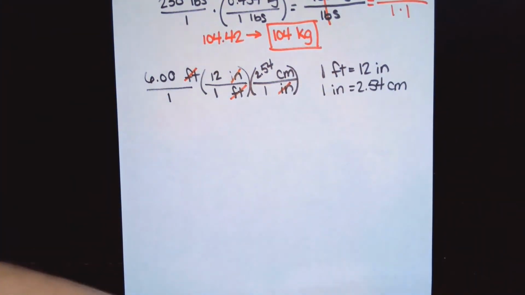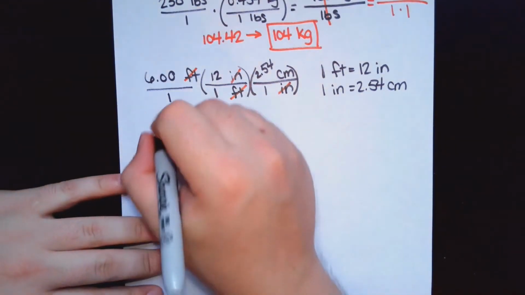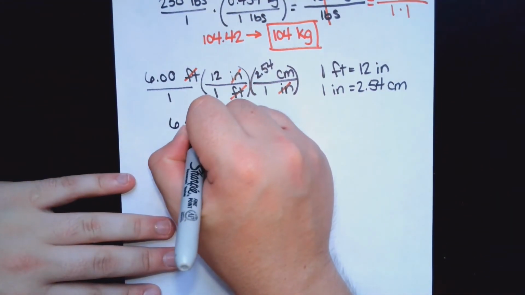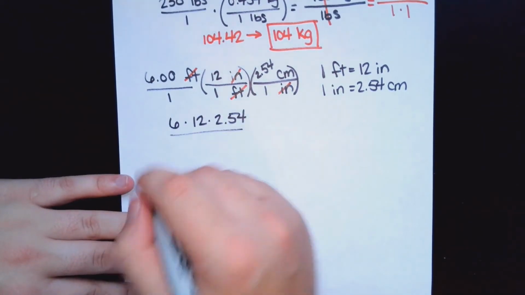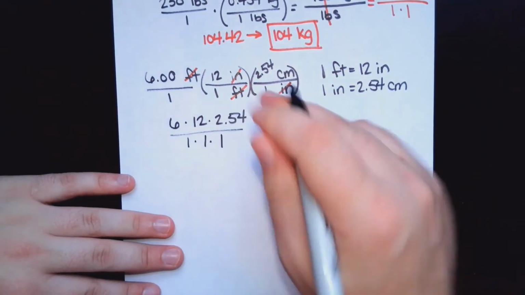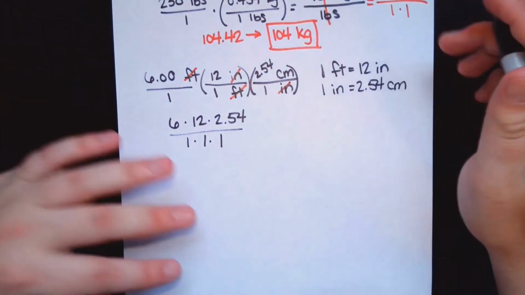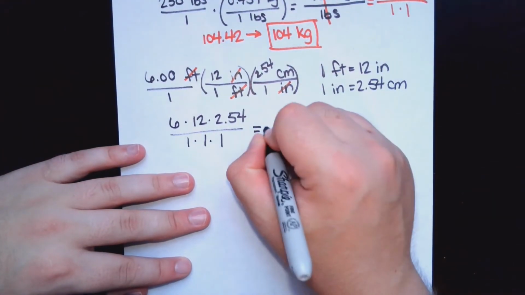So now we can multiply every numerator: 6 times 12 times 2.54. And we can multiply every denominator: 1 times 1 times 1. It won't always work out that nicely, but sometimes it will. So that gets us